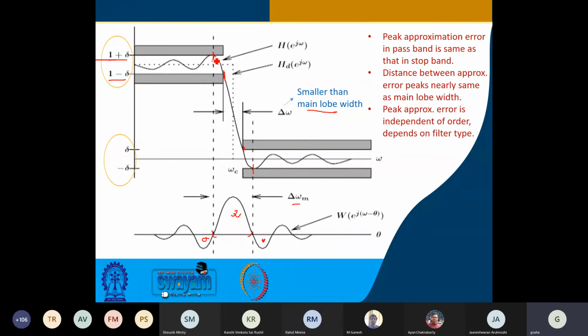So this height and this height that we are talking about. So this peak approximation error in passband is same as that in stopband. This is one observation that we can see from whatever we have discussed. Distance between approximate error peaks is nearly same as main lobe width. So this distance and this distance. And peak approximation error is independent